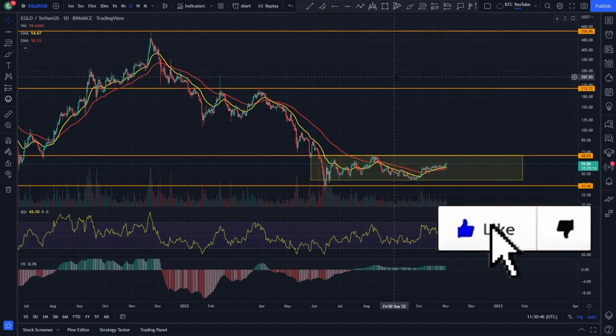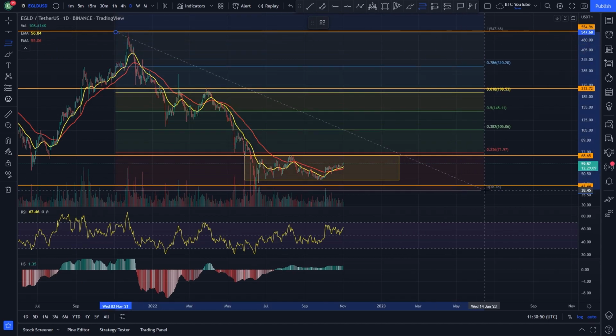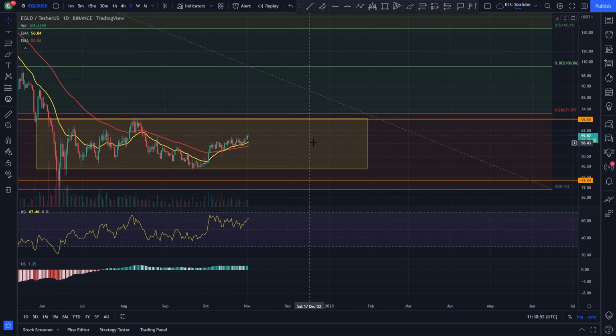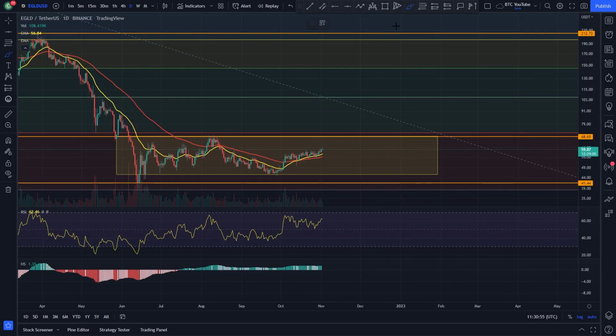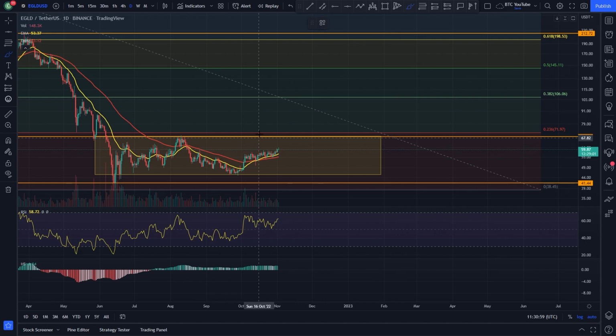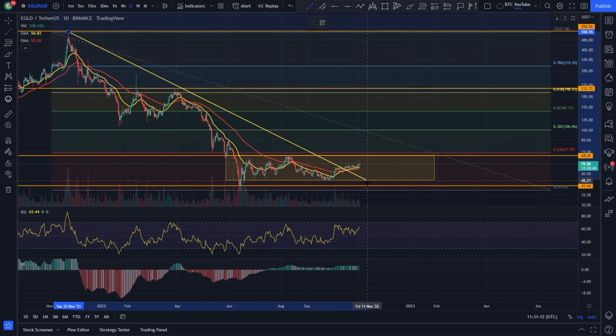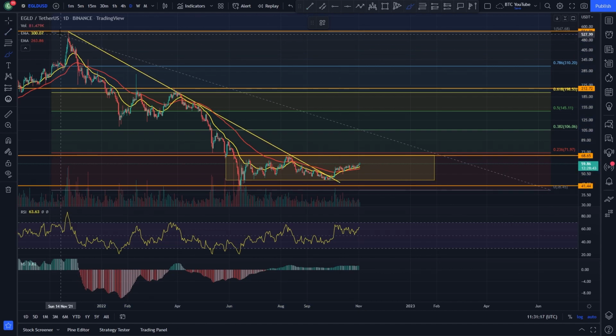So just before we have a quick look at price predictions, I just want to throw the Fibonacci on here to see some of the key levels. And as we can see, just like most cryptos, the top of the range coincides fairly well with the 0.23 Fibonacci retracement. We do need to see this coming up and being tested again. And that would be our next target, considering we are breaking out of some key levels of structure here, aren't we? I mean, if we take a look at this, we're looking at potentially a key level of resistance like this as well, aren't we? Where essentially you've got your resistance,